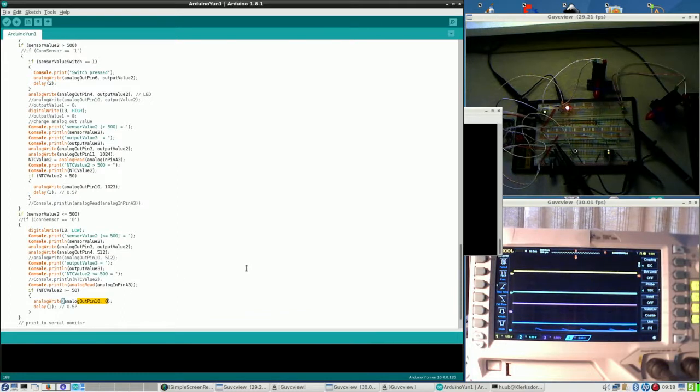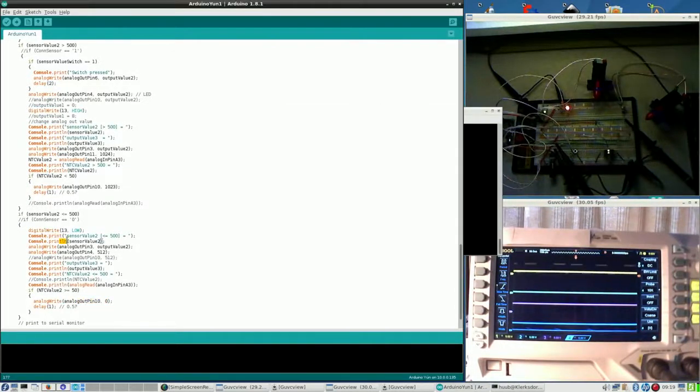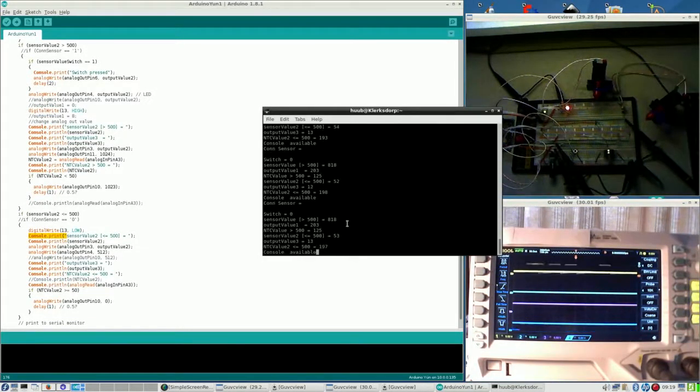Another different thing is that if you've seen my previous videos, and of course you have, then you know that I'm using an SSH terminal connection over my network to give information. And also everything which says print into the console, or console print, is printed here. However, that is going very fast for the eye. What I did now is